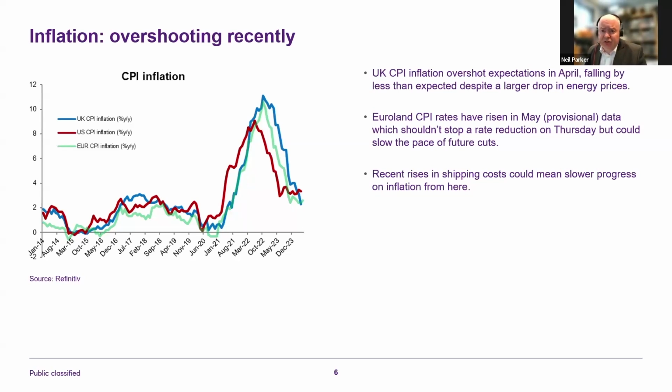And as far as the US is concerned, I still think we're looking at 2 rate cuts from the US this year, albeit that they will come towards the very end of this year. So either 25 basis point cuts at their last two meetings, or a 50 basis point cut, either at their last but one meeting or their final meeting of the year. So sanctioning monetary loosening is still on the agenda as far as central banks are concerned, albeit that inflation has been overshooting recently, and there have been some concerns about the resurgence of shipping costs and some rises that we've seen in materials costs.